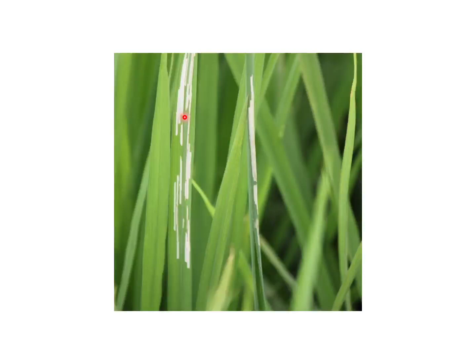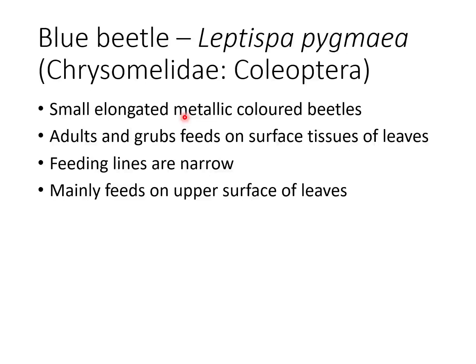Adult feeds on the green matter, and we can see white lines on the leaf surface. We won't be discussing much about the management practice because this is a minor pest. Next we will be discussing another minor pest, blue beetle, Leptispa pygmy, again belonging to the leaf beetle family